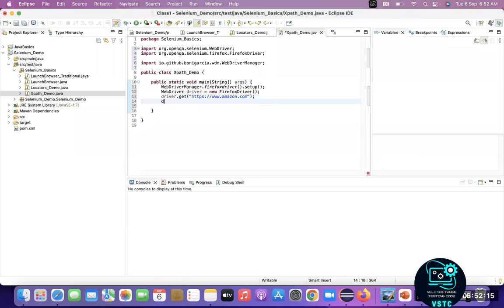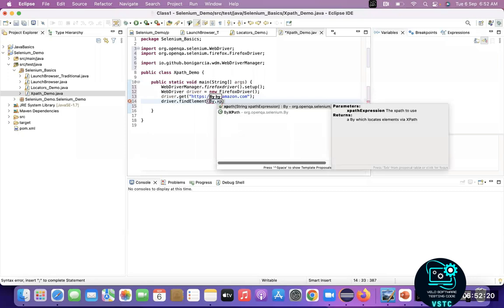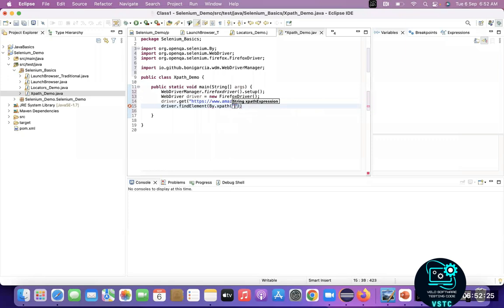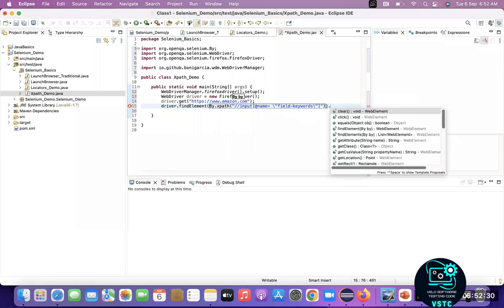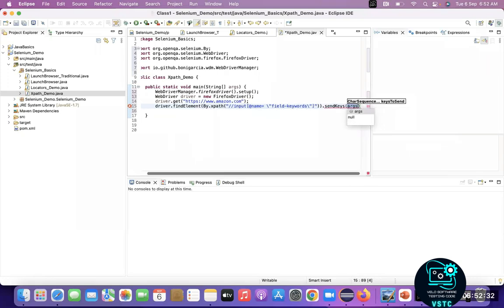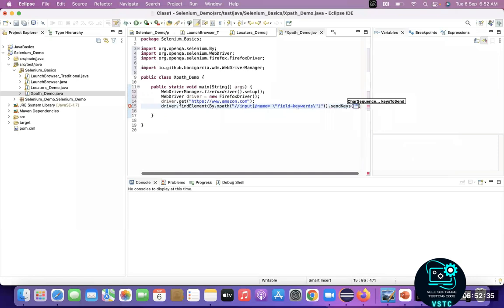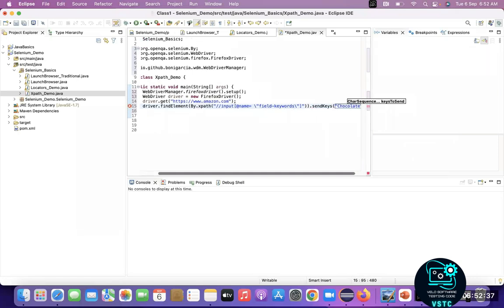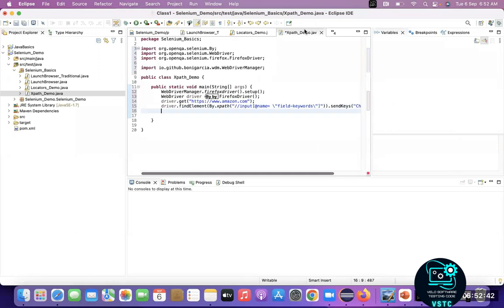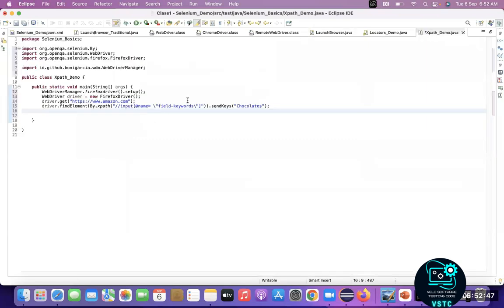particular web element. So driver.findElement(By.xpath()). Okay. With XPath, I want to locate that particular element. So I'll use this one, and here I'll provide the XPath. Okay. Once this element is located, it found it, then I want to send some keys. Filter this one, chocolates. Okay, this is done. We have found the web element using the XPath, and once the element is found, we are sending these keys. Okay, let me save this one